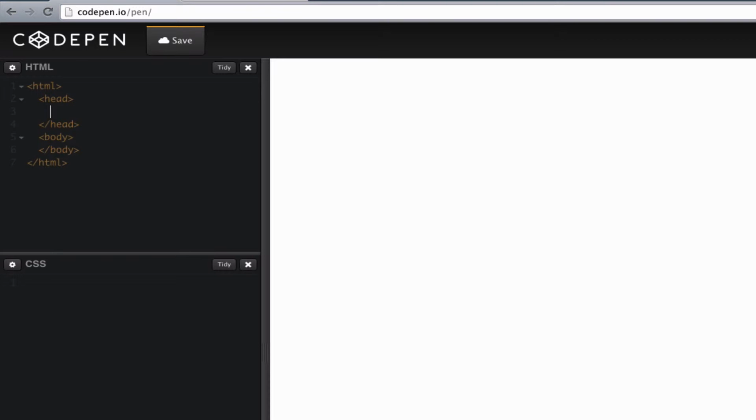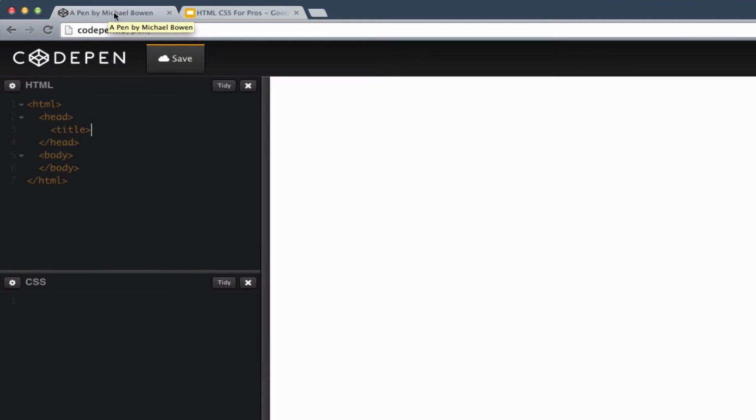So in your head tag, you'll have things like your title tag, which the title displays up here on the browser in the tab. So in this example, I'm going to make it about cars. I'll spell it right, cars. And then we'll say you have your meta description. Meta name equals description. I'll show you what this is, and then the content will say